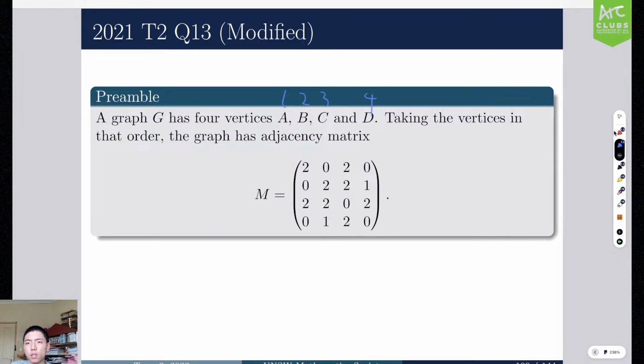Poor color choice. This graph has adjacency matrix like this. So you'll see that because this matrix is symmetric, like that, then it means that this is not a directed graph, because basically this just looks to literally see if two vertices are adjacent to each other, right? So here, let's just label them A, B, C, D, A, B, C, and D. If two vertices are next to each other, then this number should be non-zero. So essentially, if they are connected by an edge,